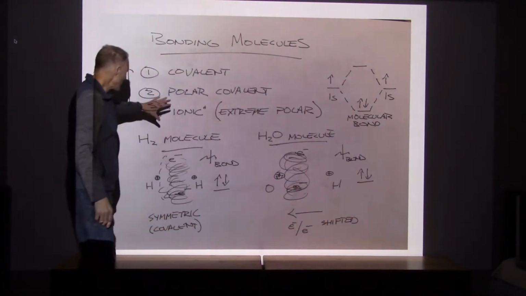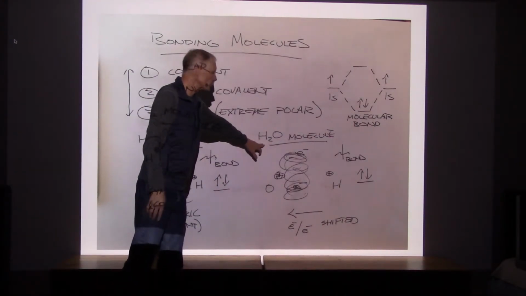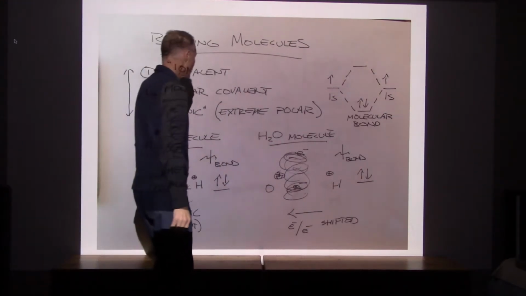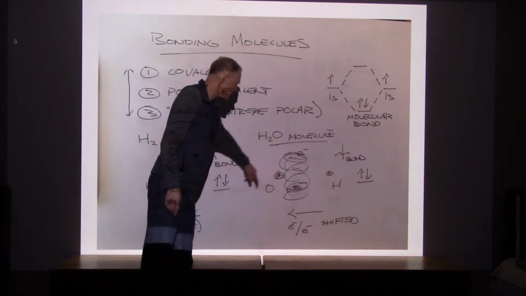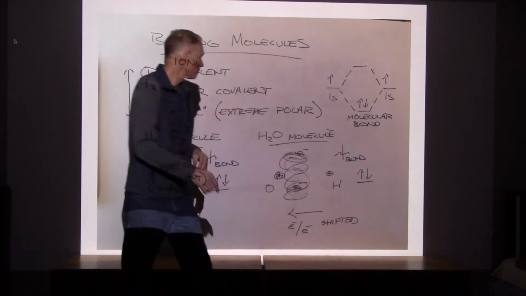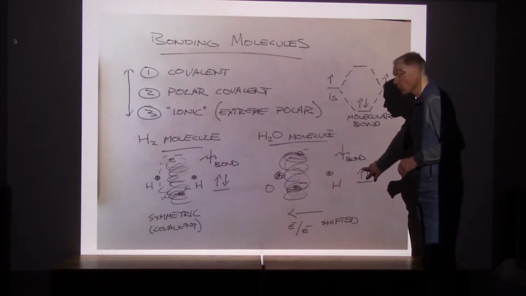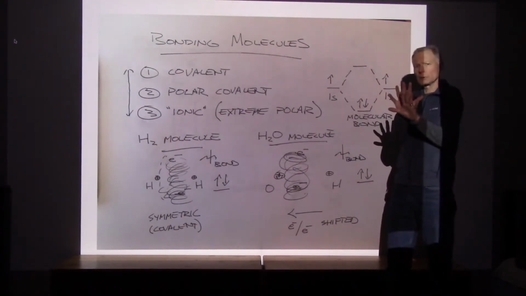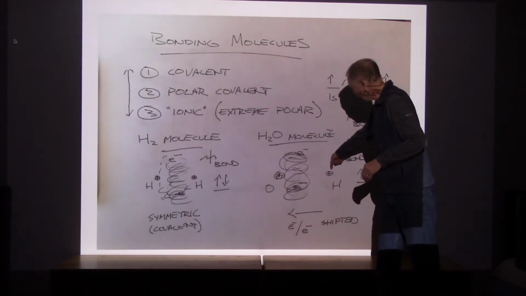now let's compare the bond that forms in H2 with one of the bonds that forms in H2O, the water molecule. In a water molecule, each of the hydrogens is attached to the central oxygen. Now, a wave function forms, and we get a pair of electrons, spin up, spin down, going into that bonding wave function. And we're getting plenty of wave function amplitude built up between the hydrogen nucleus and the